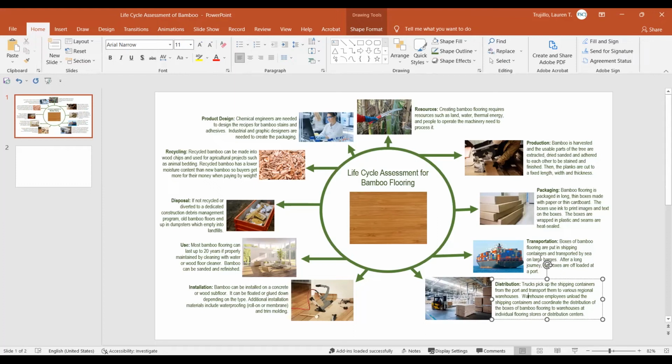I read through several different articles and scanned internet content to get a general understanding of how bamboo flooring is processed. And then I did a little bit more detailed search on things like, how is bamboo flooring produced? How is bamboo flooring packaged? As I Googled these questions, more detailed information came up.